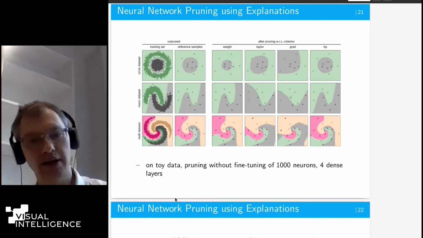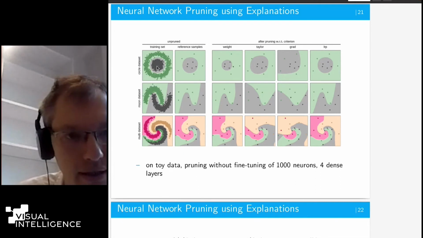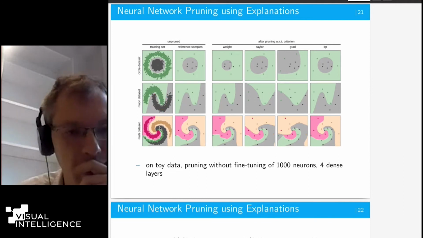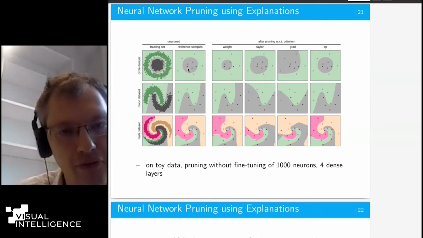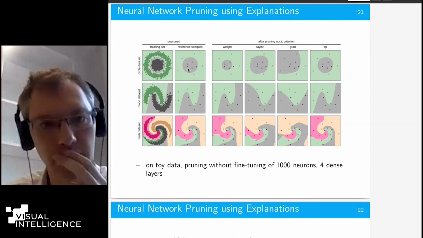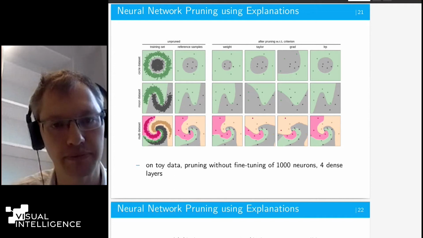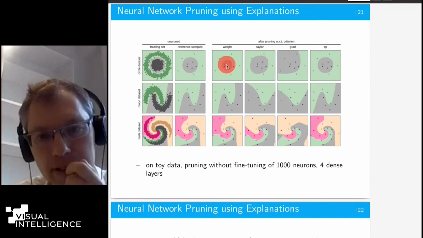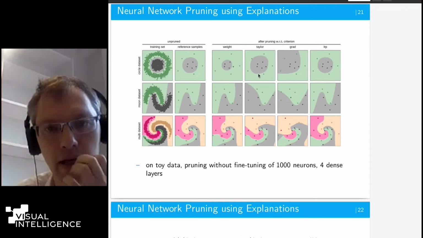Let's look at that for some toy examples. We have in principle toy data sets, which is this problem, a circle data set, this problem, which is a moon data set, and this problem, which is some, I don't know, vortex type data set. And the idea is we have a binary classification problem. We use from each class just 5 reference samples to prune. And then we prune according to several criteria. Weight-based pruning criterion is something very old and quite robust.